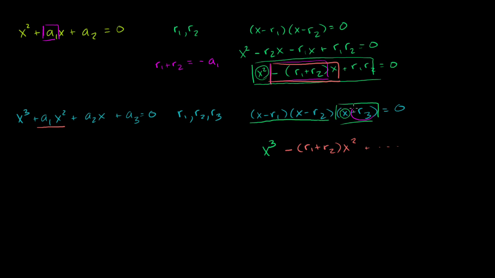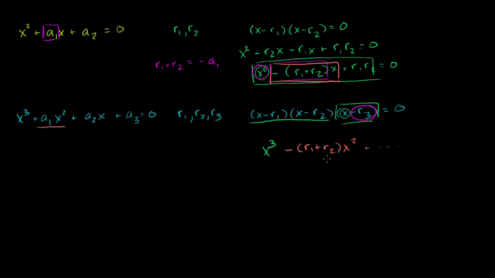You have the negative r3 times this. You're obviously going to take this term and multiply it by everything, and then add it to this term multiplied by everything. But I only care because we have a hunch that what matters is the coefficient on the x squared term. So we just want to see how you build the x squared term in our expanded polynomial. The other way to get an x squared is to multiply the negative r3 times